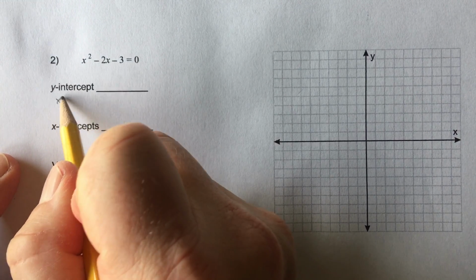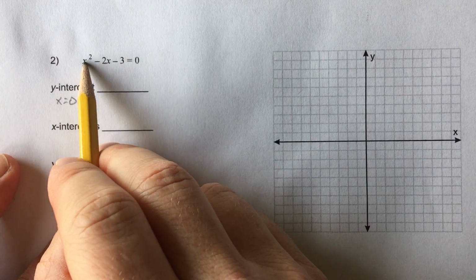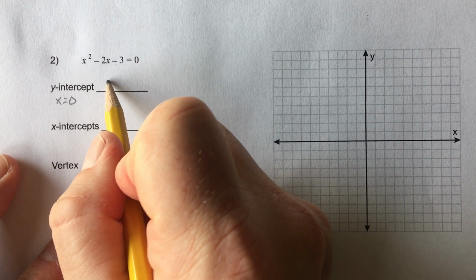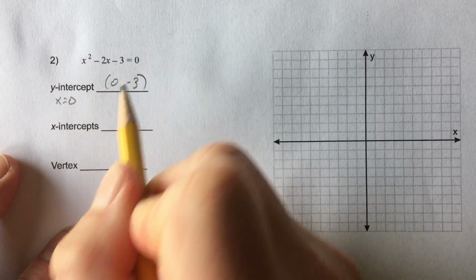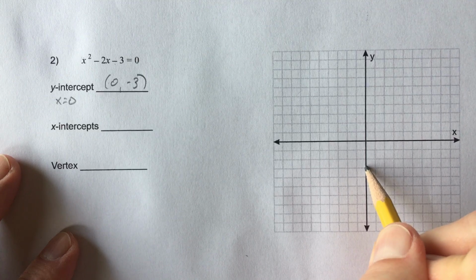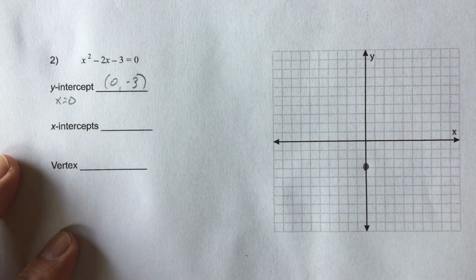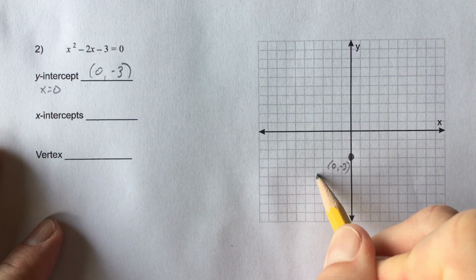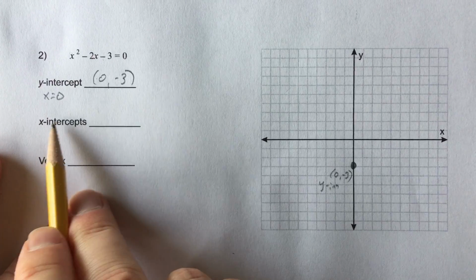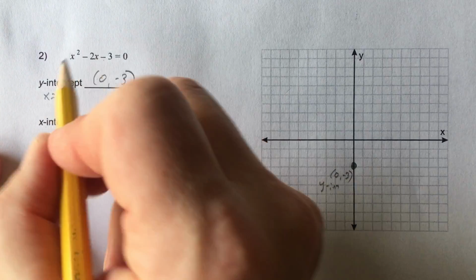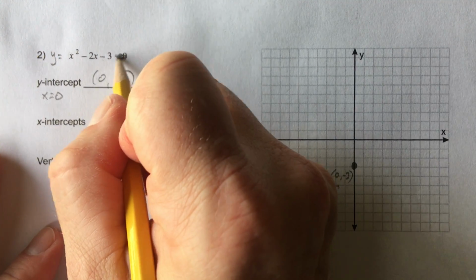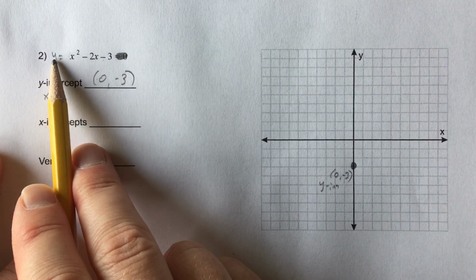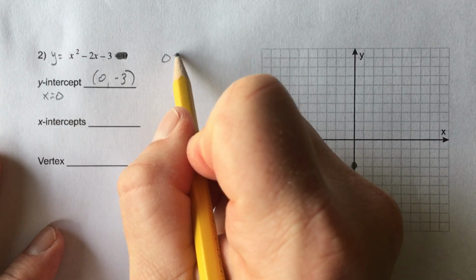So for the y-intercept again, we're going to set x equal to 0. If I put 0 in here, 0 minus 3 gives me a y-intercept of negative 3. So at (0, -3), there's where the graph is going through. For my x-intercepts, I'm going to set y equal to 0, since this is what it should be originally here. So we're going to get 0 equals